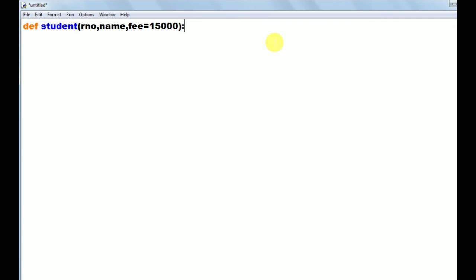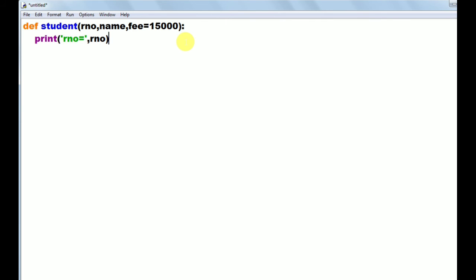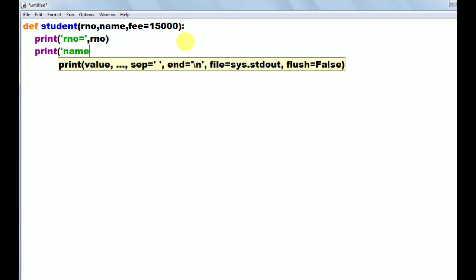Now I want to print all student details, so I am writing printing statements here. So print roll number equals to, comma, roll number. Then I want to print name, so I write print name equals to, comma, name.